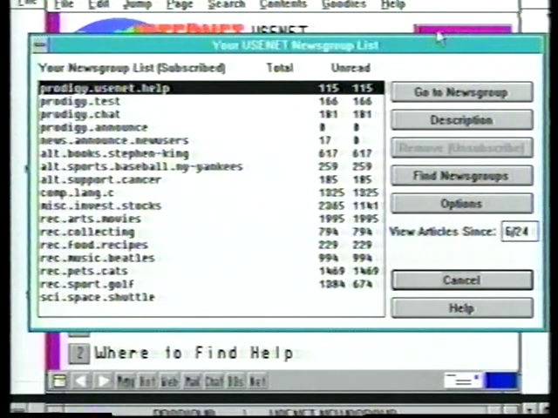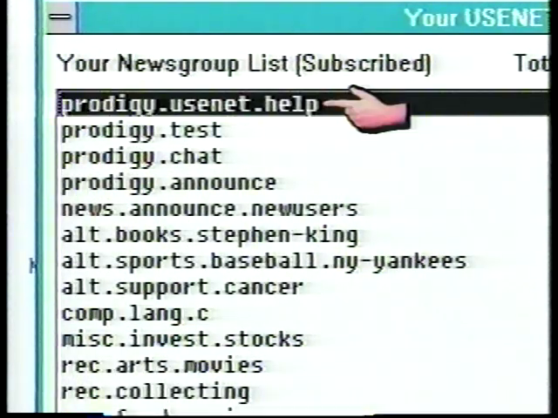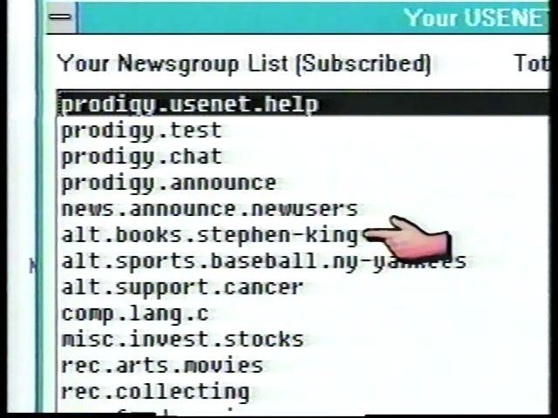The first several items on this list are specific to Prodigy. We can see this because their names begin with Prodigy. You can also see some special punctuation in these names. The words are separated by dots. We can see an item called